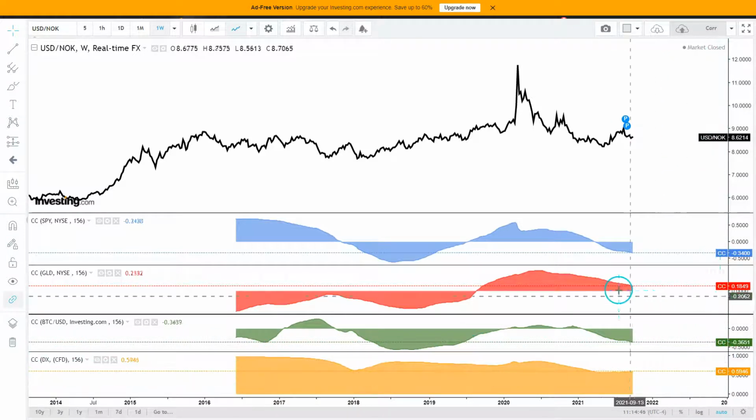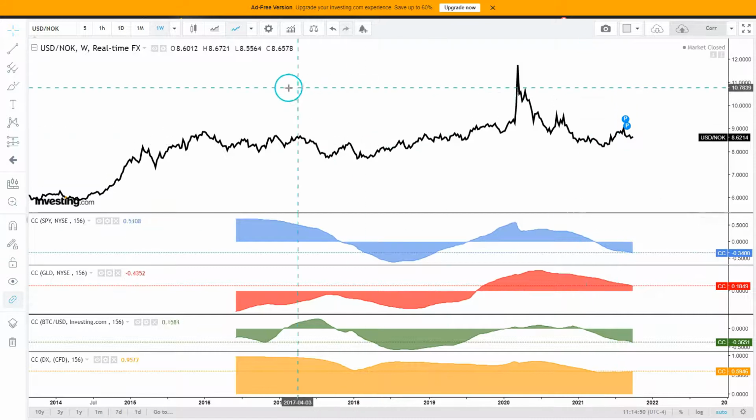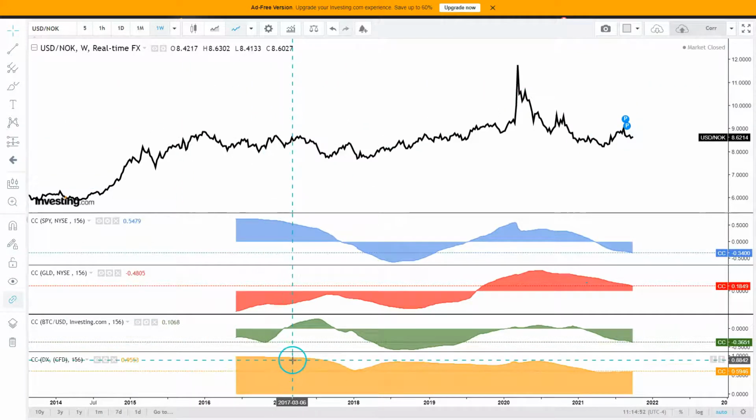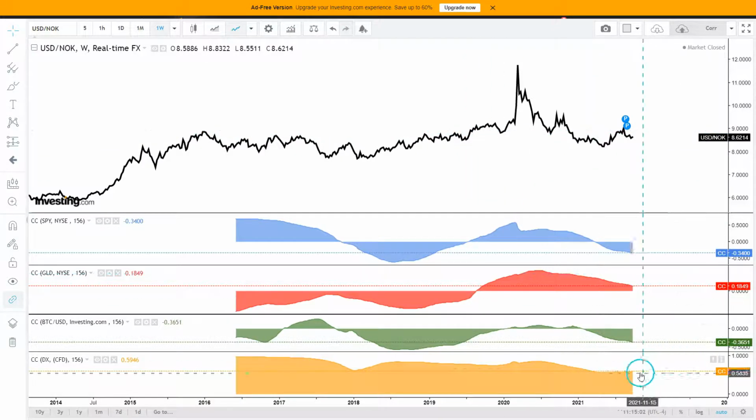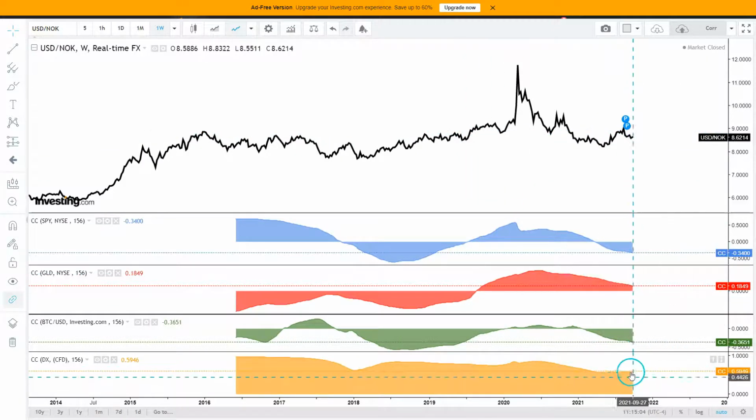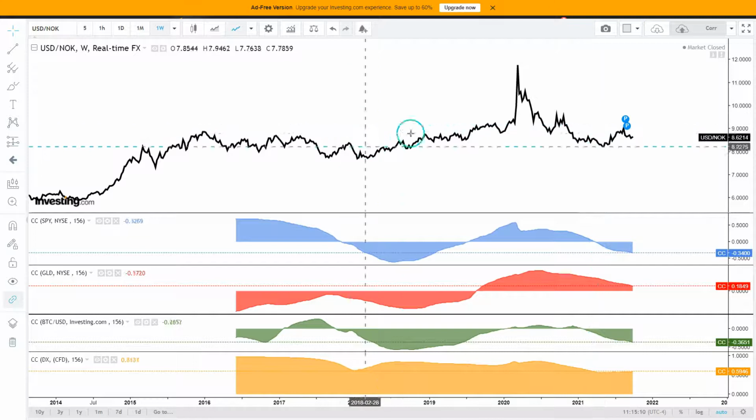And the dollar index only has a 59% positive correlation. So yeah, that's a key thing, because some people have this tendency to only look at the dollar index and think that that gives you a picture of everything about the dollar. But these statistical correlations show you quite clearly that there's a whopping 40% that you can't